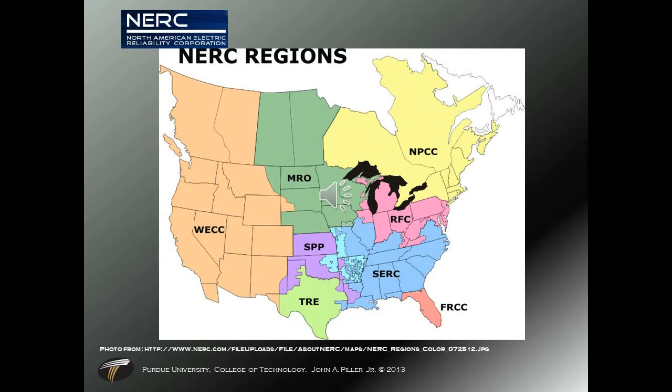Each of the regions are within a grid area. The grid itself, as we refer to it, is split up into three pieces. We have East, West, and Texas. East and West refer to east and west of the Mississippi. There's no actual real physical tie between those three grid areas, but this drawing here shows you the layouts of the regions.